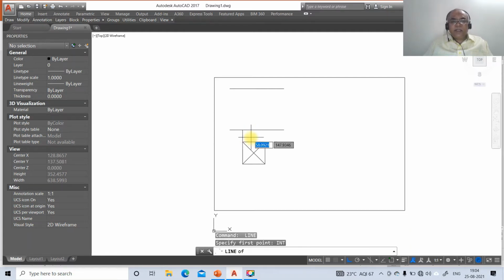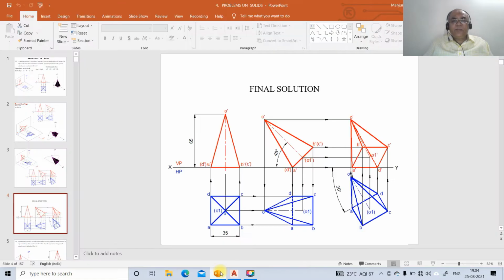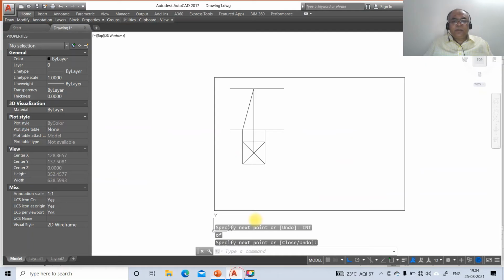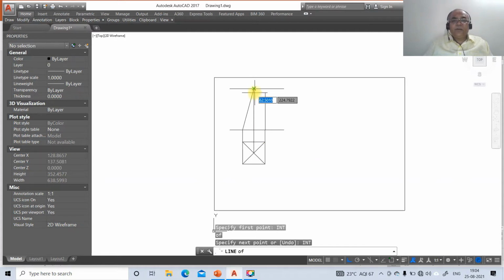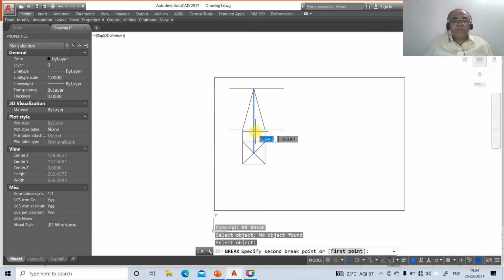Similarly, line, take INT of this and draw a perpendicular to this. Then go to line, take INT of this and draw a perpendicular to this line. Then take line, INT of this and draw to the intersection point of this. Then break this line till here.